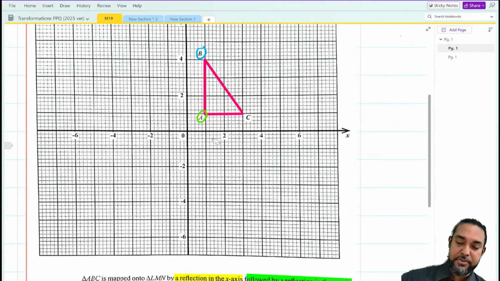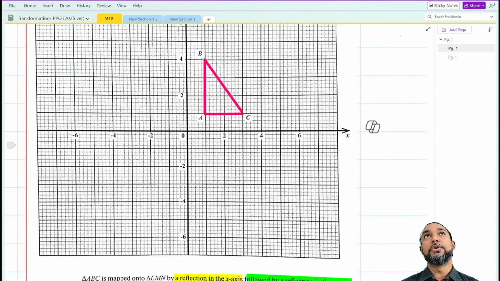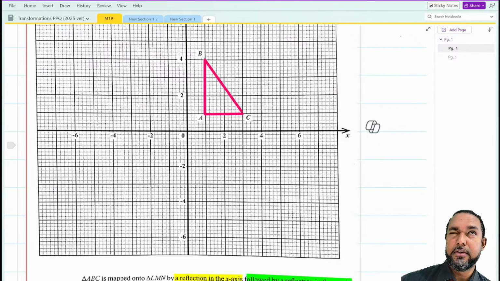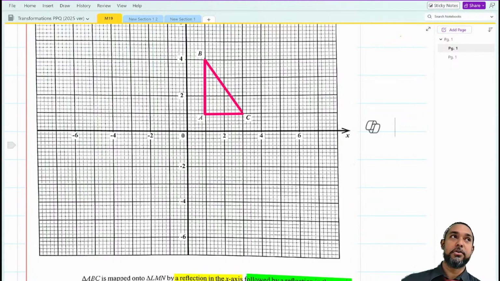When we are reflecting, think about watching yourself in a mirror. If you raise your left hand, what arm does your image appear to raise? It's the right. And if you raise your right, it appears to raise its left. We call that lateral inversion. Sometimes, when you take pictures for social media and see the words on your t-shirt backwards, it's the same thing. It's a mirror image, so it doesn't look exactly the same.